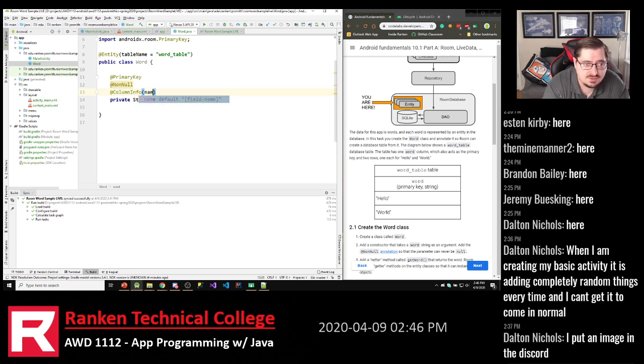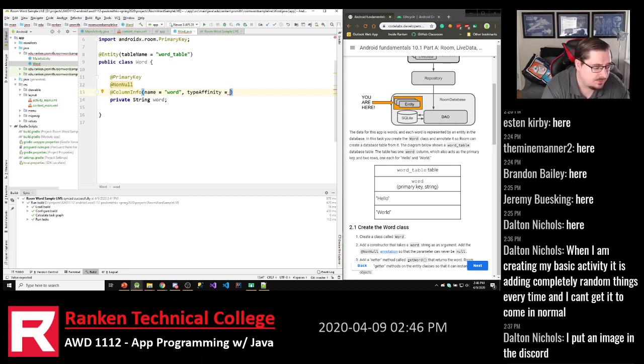Okay. So here, for instance, I can specify the name of the column. So I'm going to name the column word, which it's already doing, but this is, again, just to give you an example of where you would use these things. The next thing I'm going to set, again, to show you how you would do this, should you need to do it,